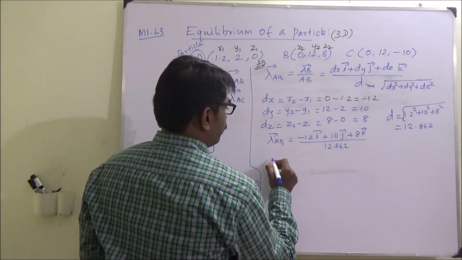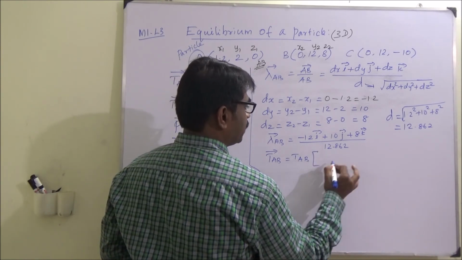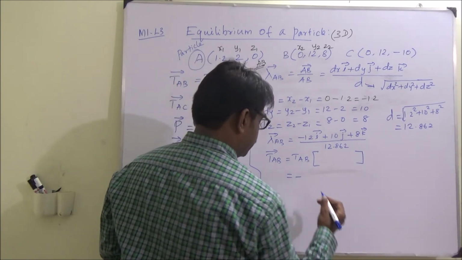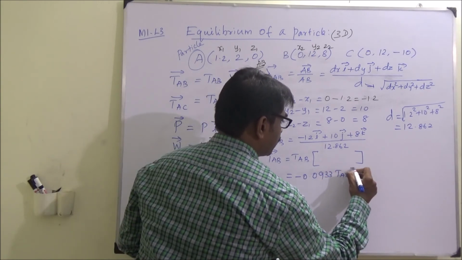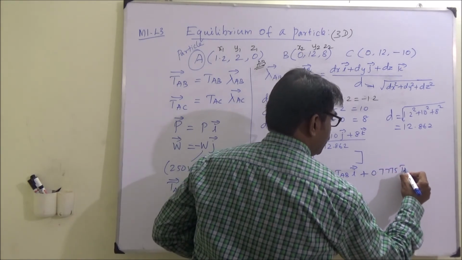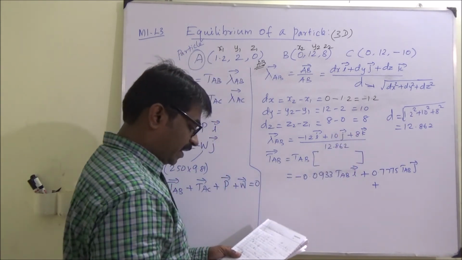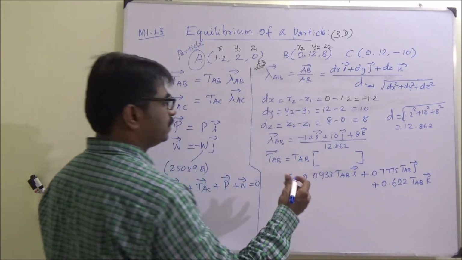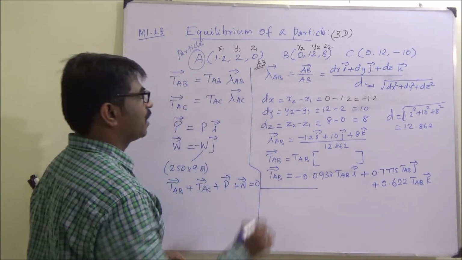So now TAB vector equals TAB times this, and you can substitute all this. So finally you get 1.2 divided by 12.862, minus 0.0933 TAB i vector, plus 0.7775 TAB j vector, plus 8 by 12.862, 0.622 TAB k vector. So we have obtained one vector, and now in a similar fashion we have to find out